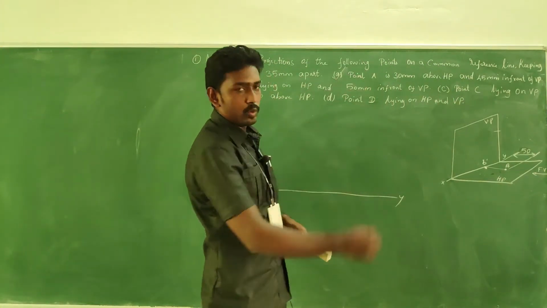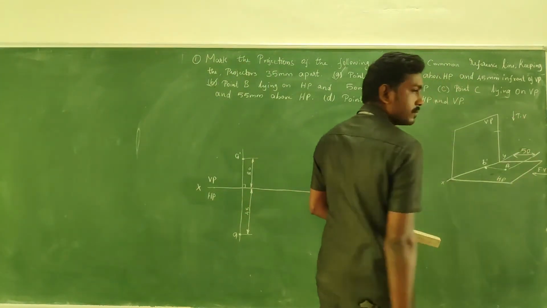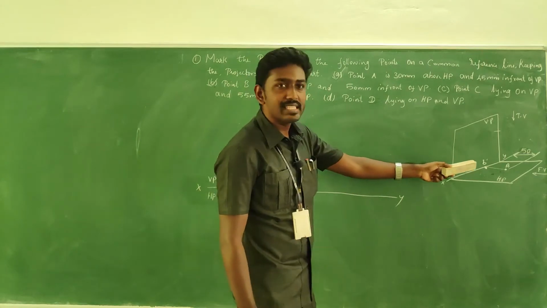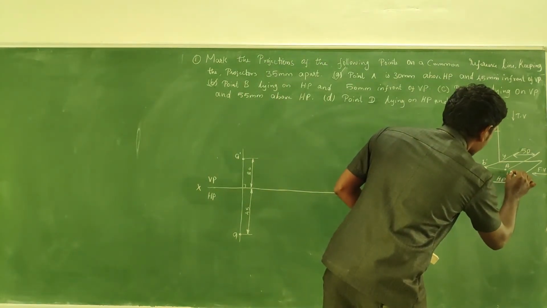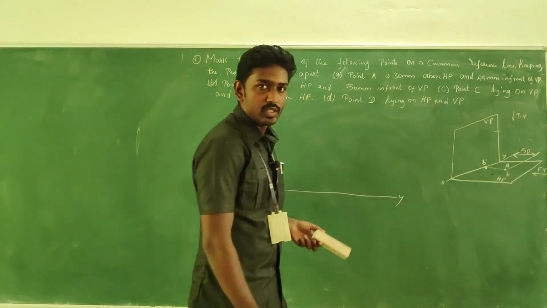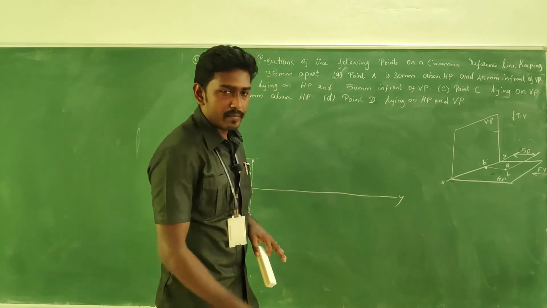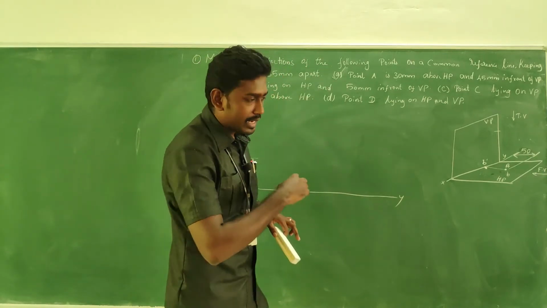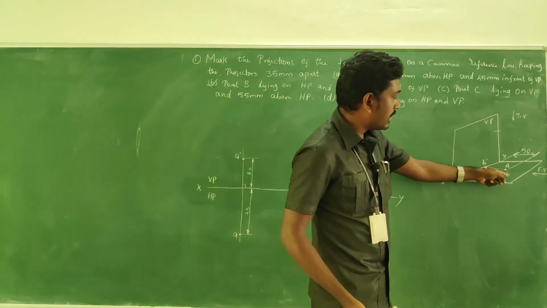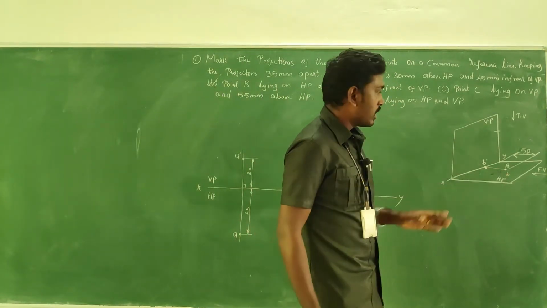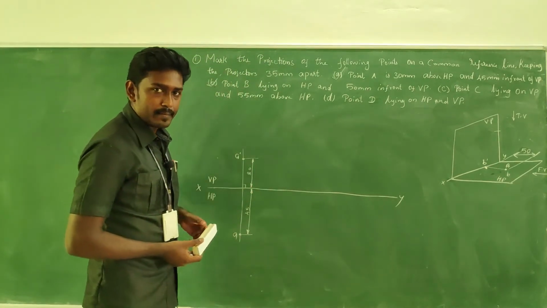What about the top view? The top view just remains in the same position as capital B. So this would become your top view B, since it is a top view, and since it is just lying on the HP, when you are looking from the top at 90 degrees to the particular point, it remains in the same spot, right? So we are going to take it on the common reference line.